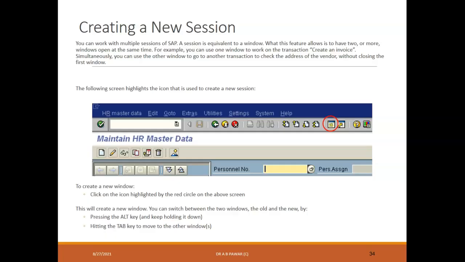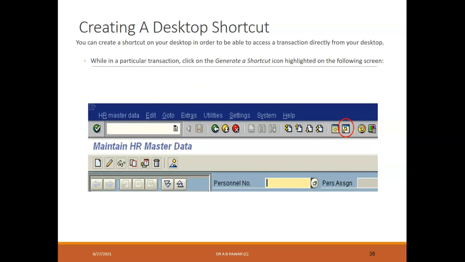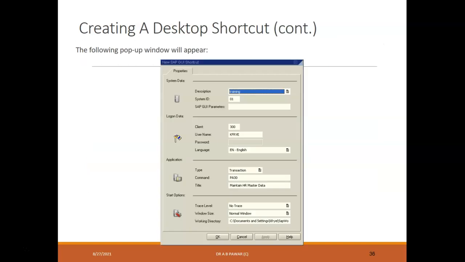So let us come to our main window, right? Here I am, as a part of our discussion. This is used to create and navigate the windows. Similarly, we can create a shortcut on the desktop by using the desktop shortcut icon given on this screen. So this is about the shortcut option.